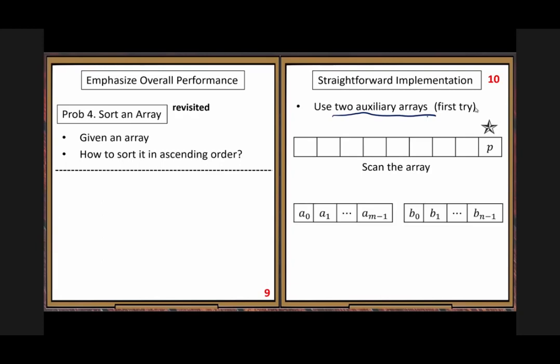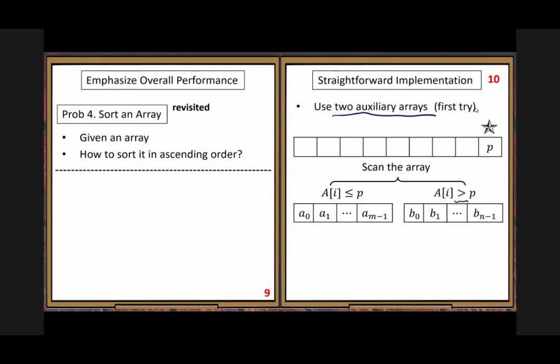But in order to get the A subarray and B subarray satisfying the desired condition, we have two inequality conditions. The first inequality, the second inequality. For the second one, we just make it strictly greater than. Otherwise we have some uncertainty. In order to get this kind of result,